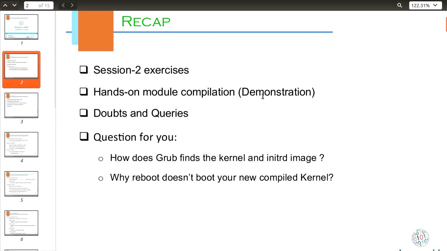We were rebooting our custom kernel, and even though we were able to see the first kernel menu entry in grub.conf as our custom kernel, it was not booting up. I have explained in that video why it was happening and how it works. So can anybody explain this or add anything to this?